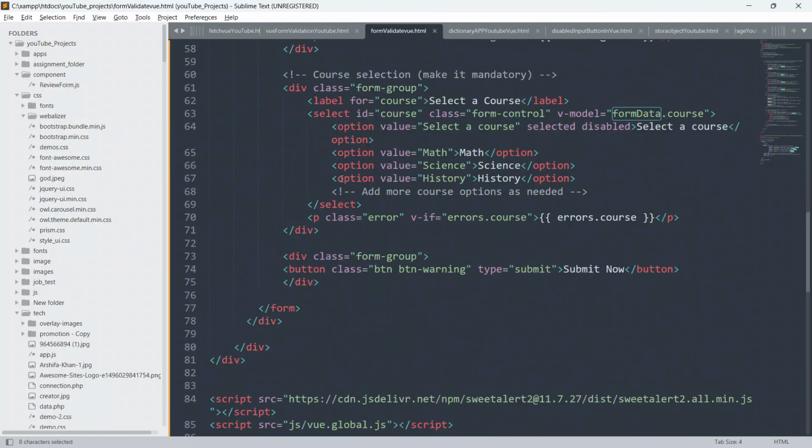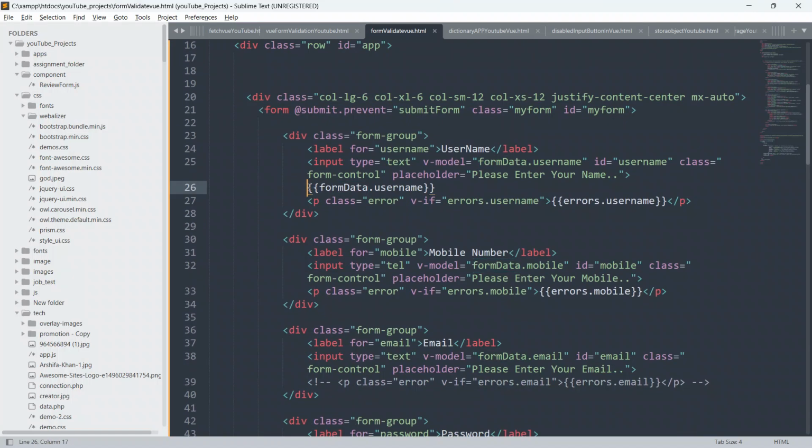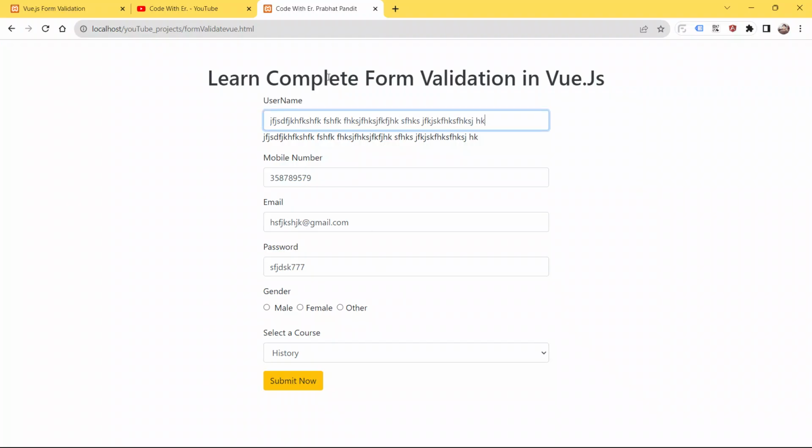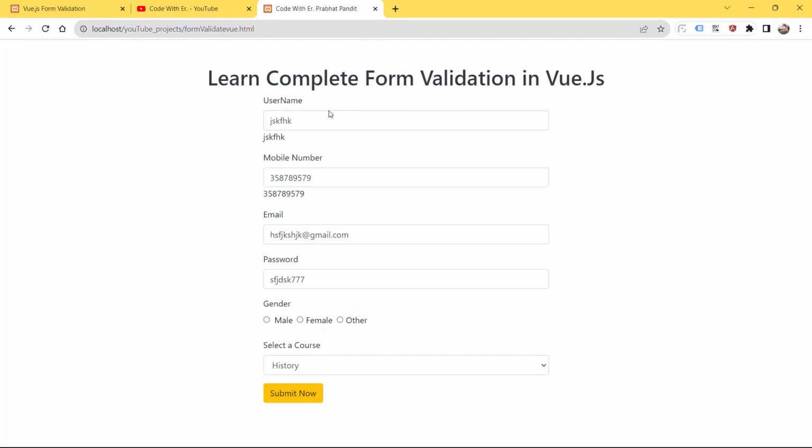Just to give you a demo, copy this form data dot mobile, replace the username with mobile and paste it here, and now refresh the page. Now we are able to see our number also.